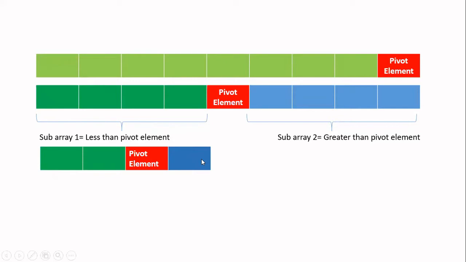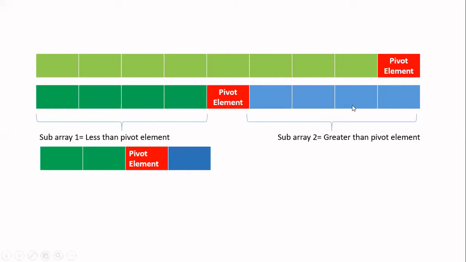Now I have to again divide this array. Which array do I have to divide again? If you see your right array, that is the blue color array, only one element is present, so there is no need to divide that further. Whereas if you consider your left subarray, that contains 2 elements, so you have to further divide that array. So repeat the step for the left part alone. Don't repeat for the right part because it contains only one element.